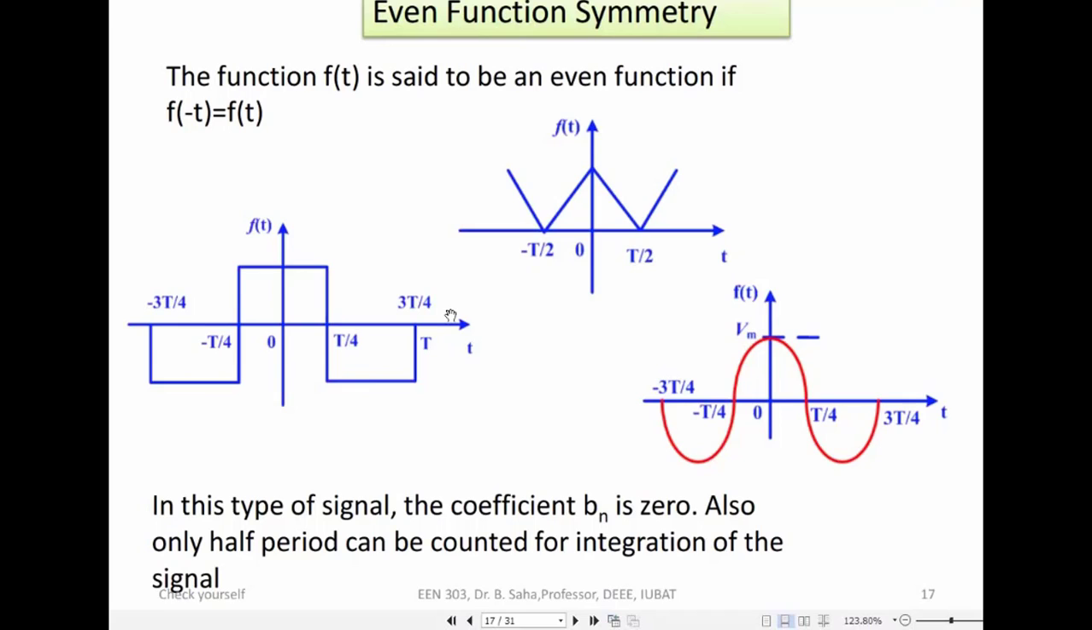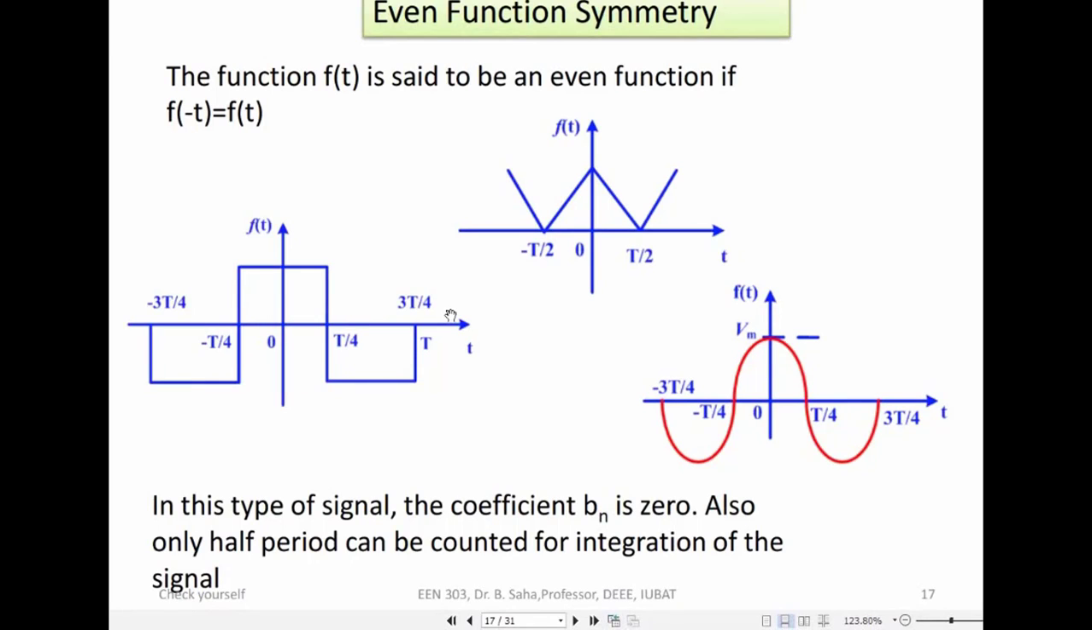So why do you need to study even function and odd function symmetry? That means the objective of studying even function and odd function symmetry. That's the question. Tell. In order to make the solution of Fourier series smaller or shorter smartly, because in case